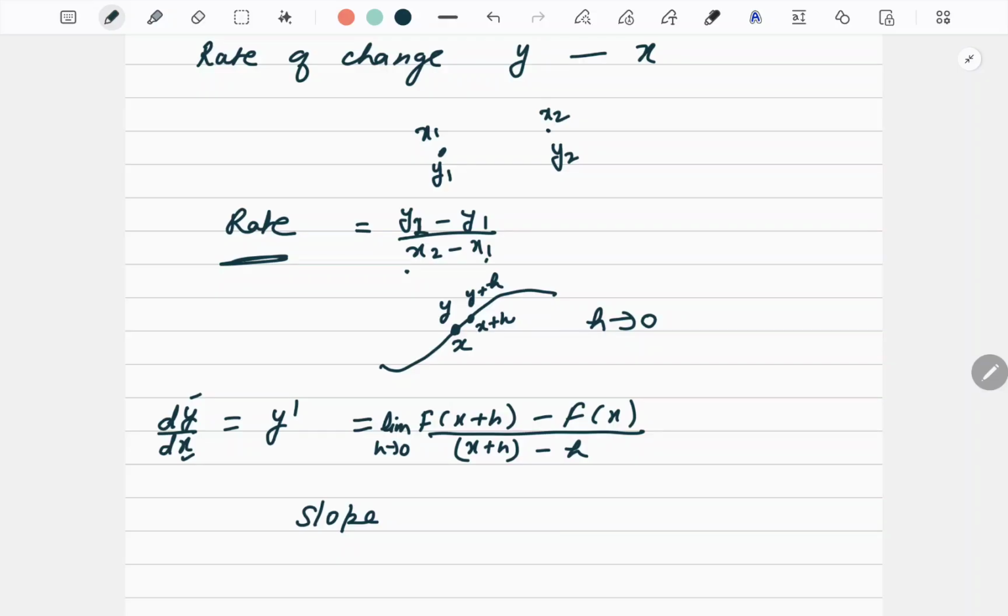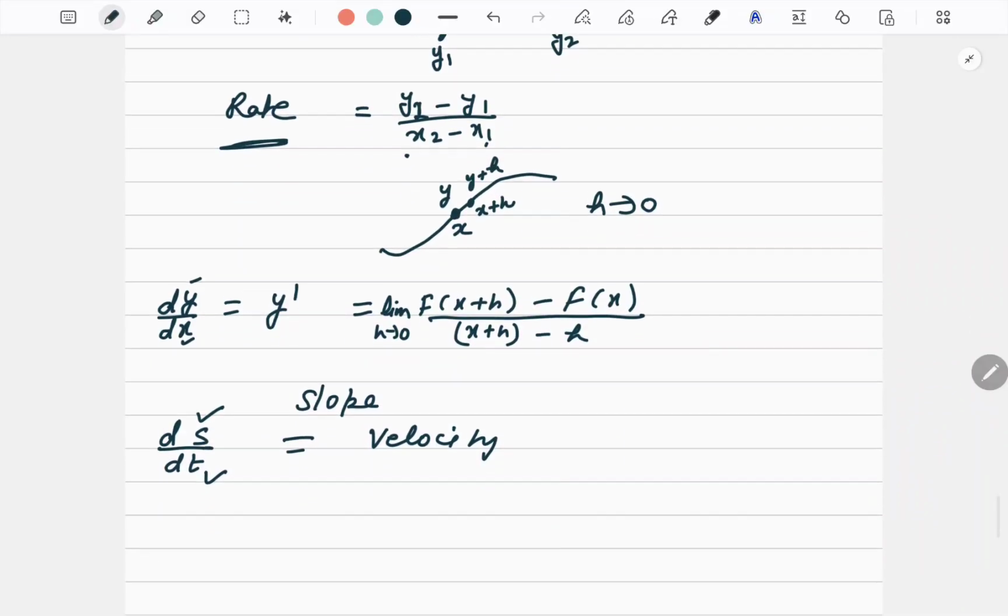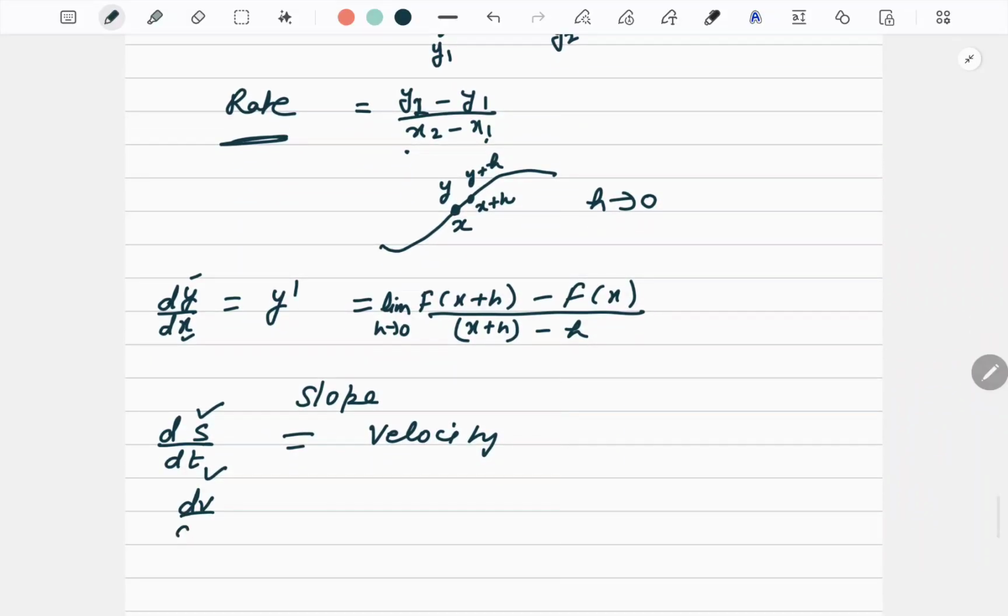So this is the basic definition and understanding of differentiation. It is a rate of change, but an instantaneous rate of change. If there is some quantity, say S, and S represents the position, then ds by dt, the rate of change of position with respect to time, is known as velocity. In the same way, dv by dt, where v is velocity and t is time, the rate of change of velocity with respect to time, gives me acceleration.